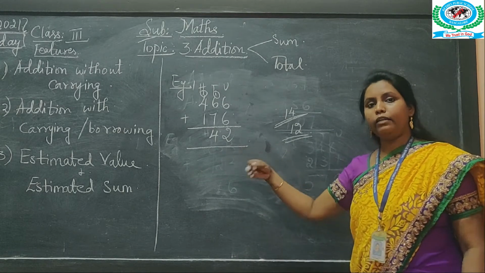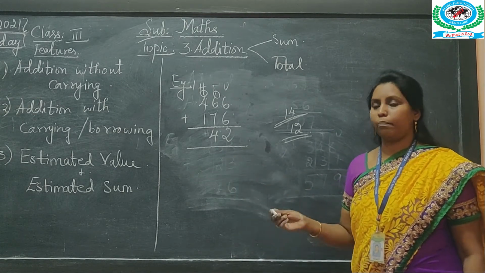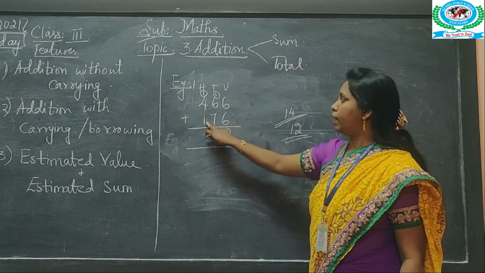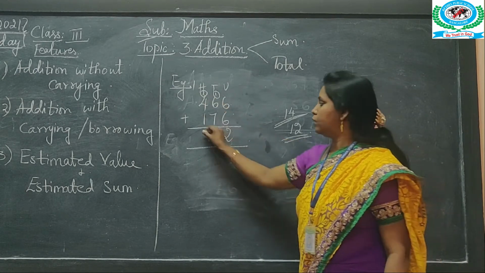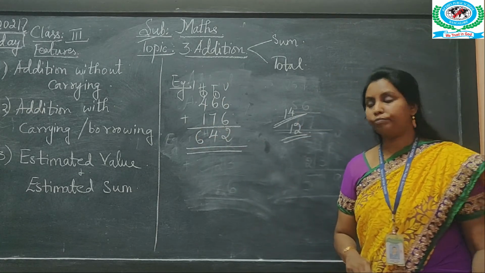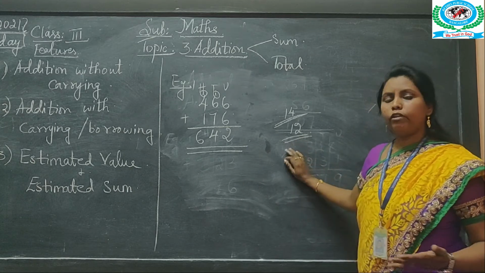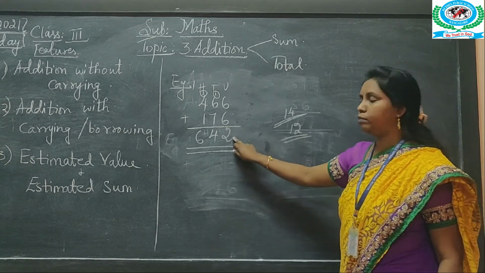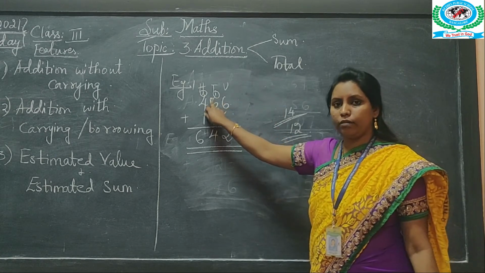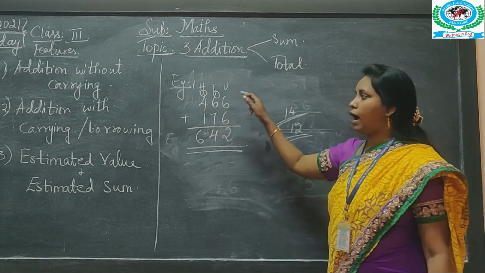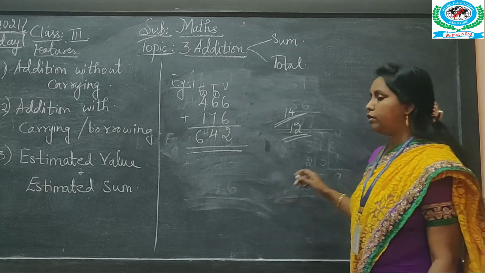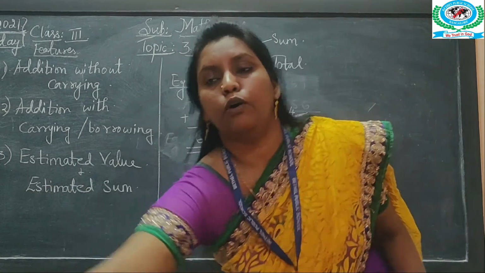The number will be carried to the forward, the next number. So here now add all these three numbers. 4, 5 plus 1 is 6. So your answer is 642. Okay. So likewise, when you have 2-digit numbers, you are going to write the unit place number, and the tens place number you will carry it forward. Okay. So this is called addition with carrying or borrowing. Addition with carrying or borrowing.